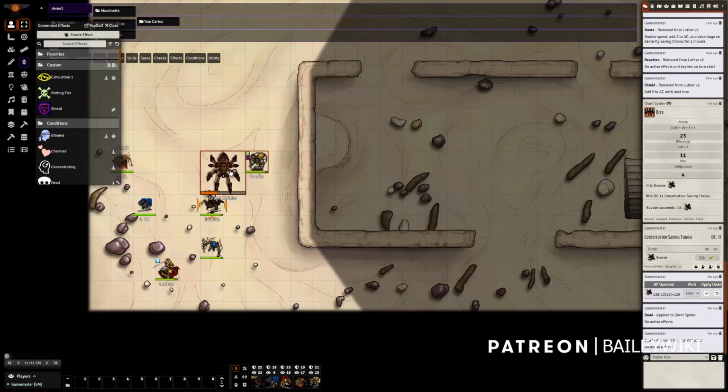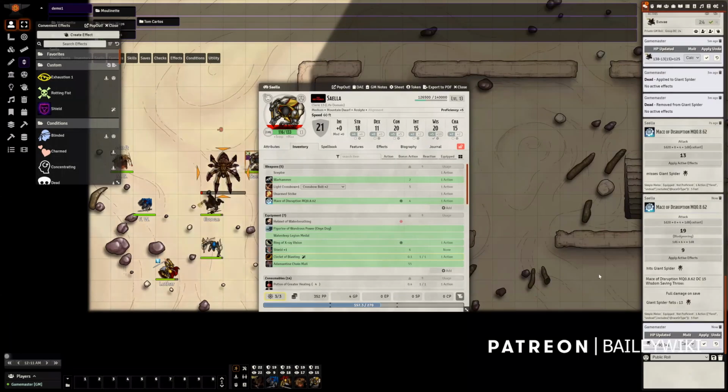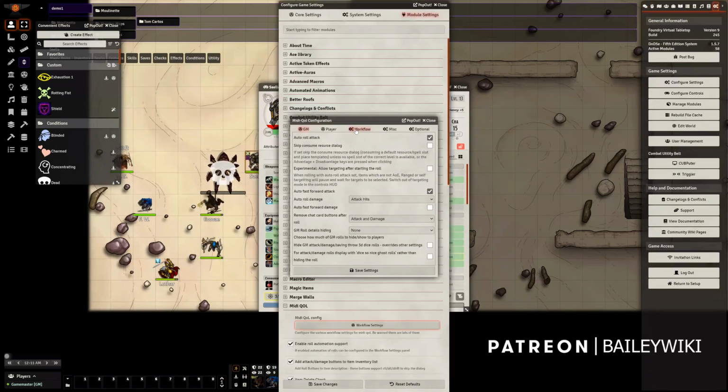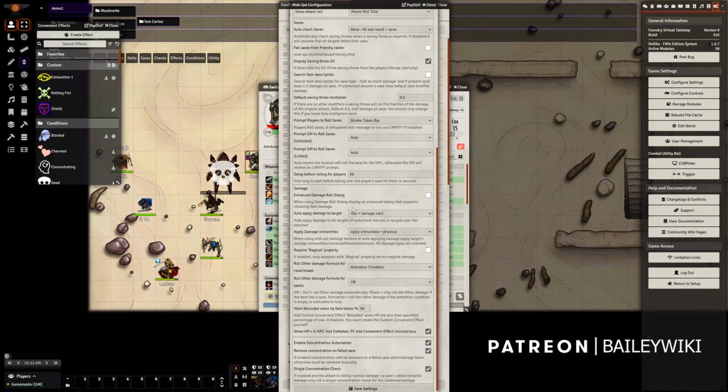So if this character was going to attack a spider with his mace, is there a hotkey where you can roll advantage or disadvantage? Yes. Okay. So for example, here. How is advantage and disadvantage calculated? Are you somehow detecting that, or? Yes, so it detects the key press, or it detects any flags that are set. So it uses, in fact, let me show you,